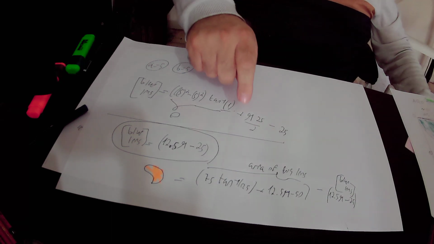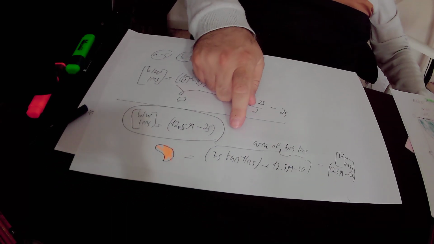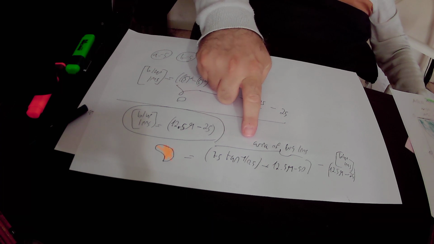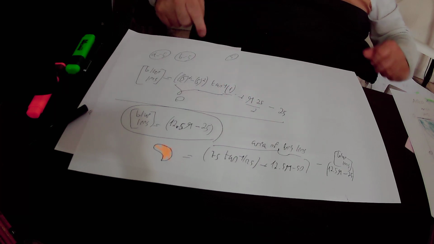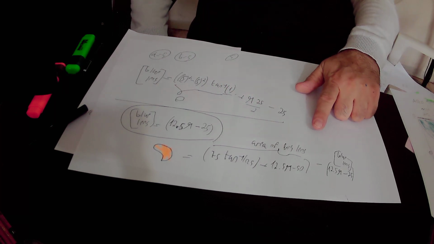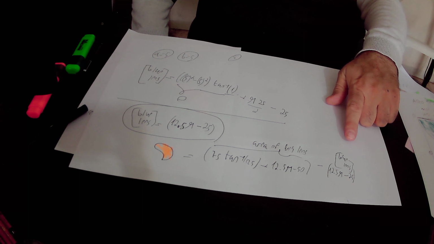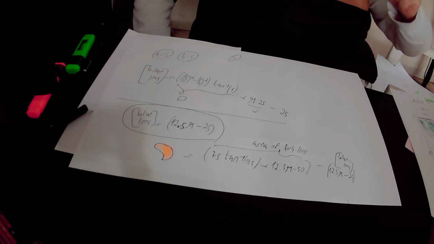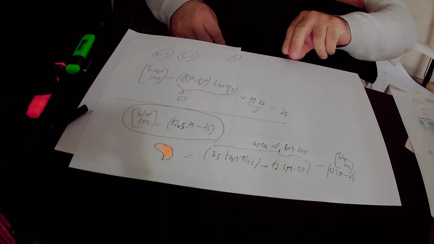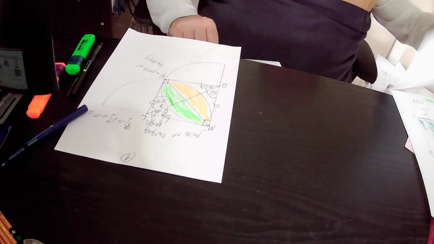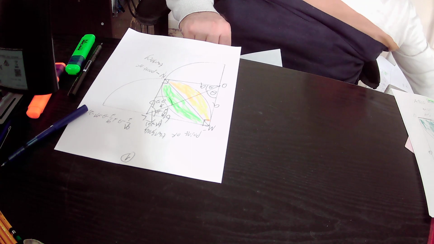Okay, the area of the big lens equals 75 times tangent inverse of 0.5 plus 12.5 pi minus 50. And we subtract from this the area of the blue lens, that is 12.5 pi minus 25. So we subtracted the two expressions from each other and found out finally that